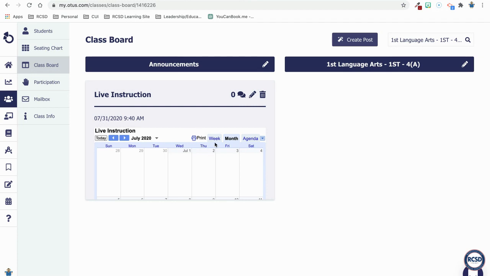Currently, Otus does not have a way to pin announcements or class boards. That is going to be rolled out within the next month or so. So you can pin your live instruction calendar to the top. You can see it's definitely smaller than in the bookshelf. And if you want to edit it to where it formats and looks a little bit better, all you would